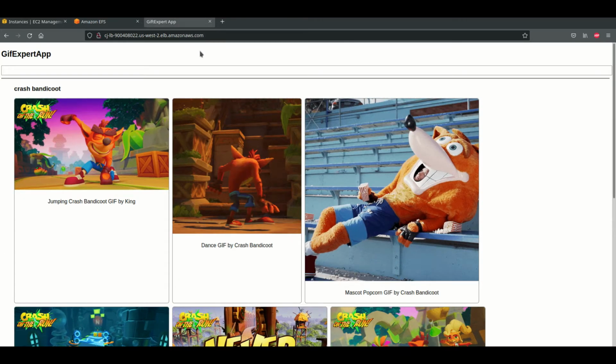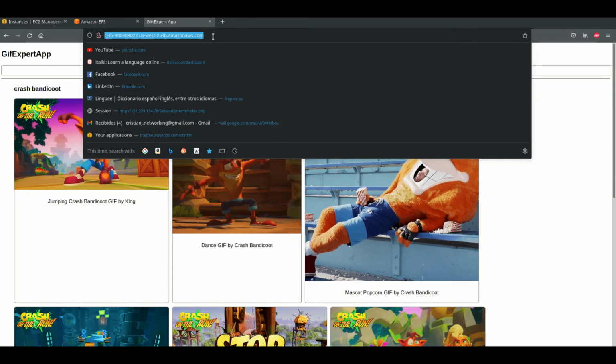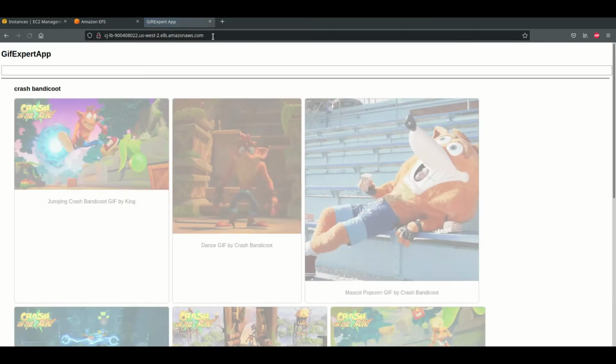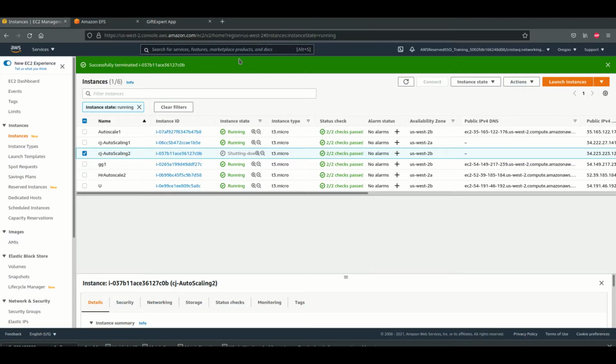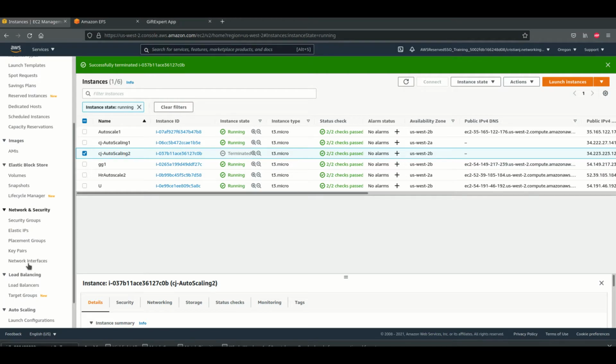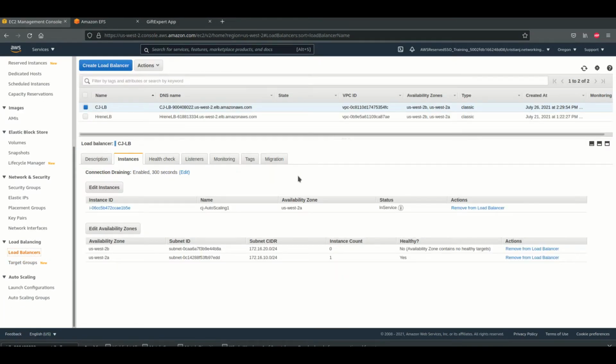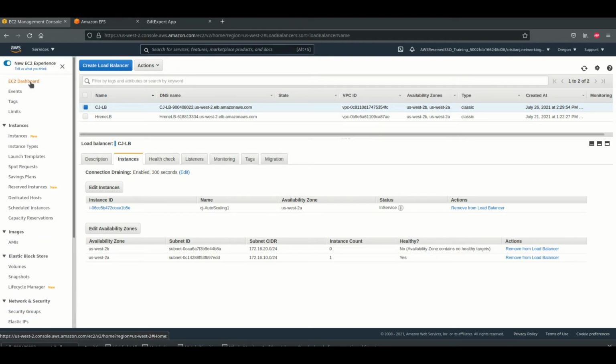However, at this very moment, I could go to the browser to see if it's still working. And as you can see, it's still working. Even if one of the instances has failed, the infrastructure keeps going. Let's go see the load balancer, what happened inside of it. You see, there is only one instance now working in service. However, because of the AutoScaling Group configured, it has to generate one more instance to replace the one that I terminated. And in a while we will see it